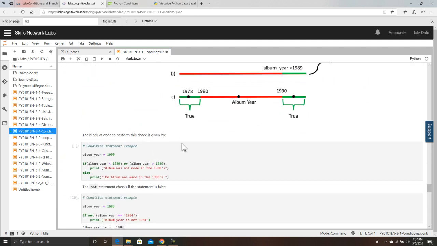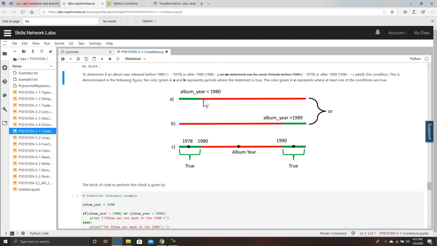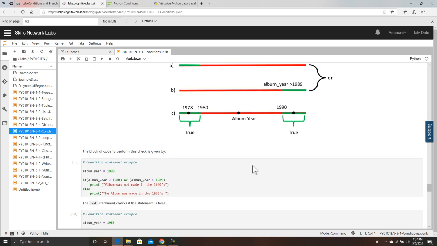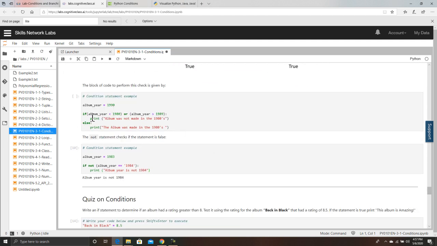Again, leaving this example for the OR: album year is less than 1980, here it is true. Album year greater than 1989, it is true. So where it is true, either the album falls in this region, 1978, or greater than 1990. So album year is 1990.